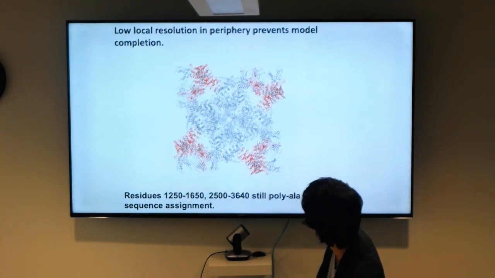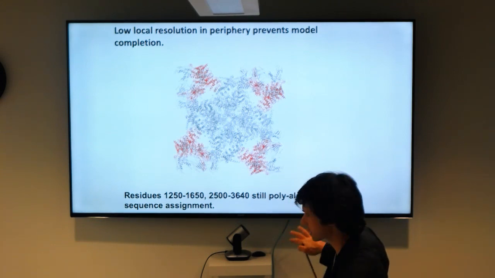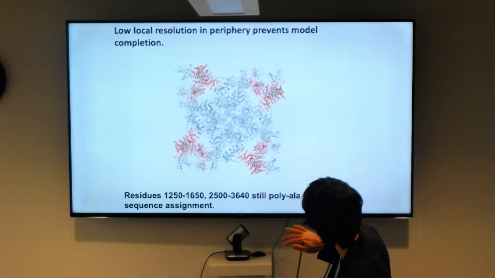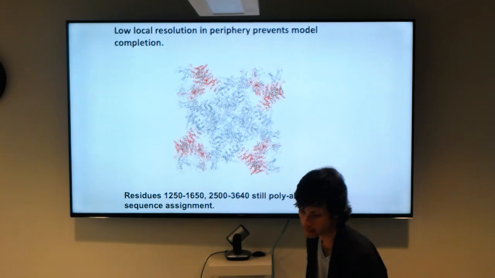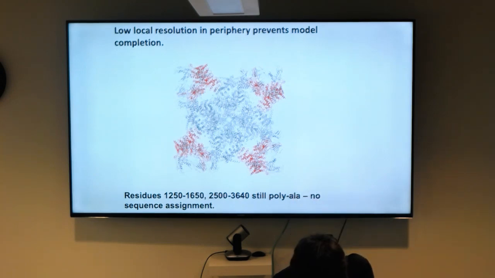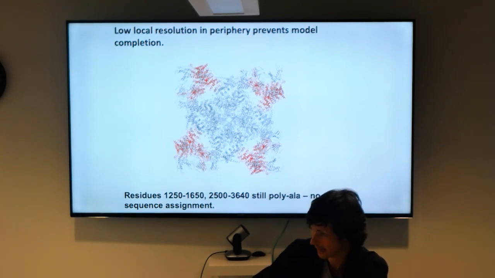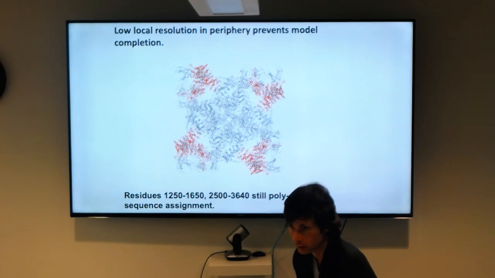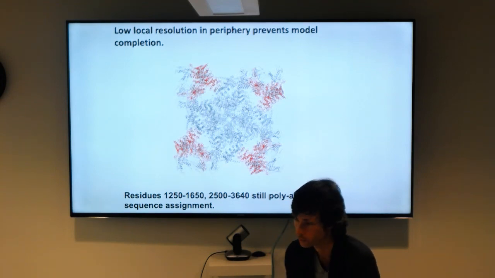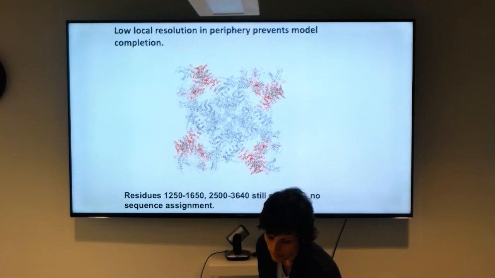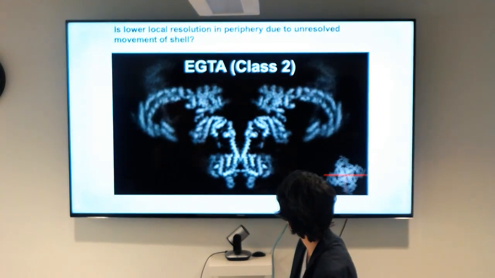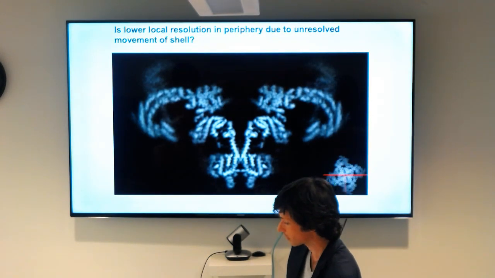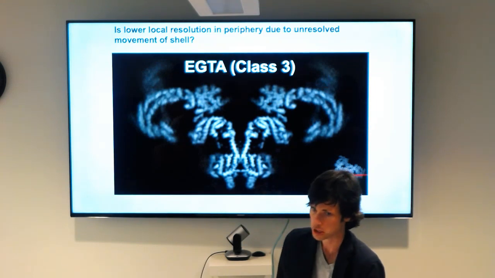One thing I'd point out here is that even at our best resolution at the time, we could not assign more than 1,000 residues, so they were all polyalanine, no sequence assignment. In that case, I would assign them as such, but I would also go back to your data set and see whether there's anything that you can do to get a better map locally that will allow you to get improved sequence assignment. In this case, we had the idea that that might be because of basically continuous conformational heterogeneity